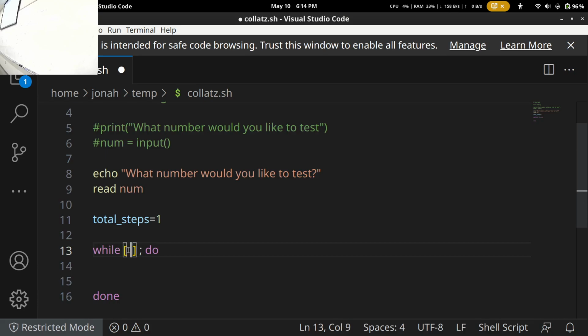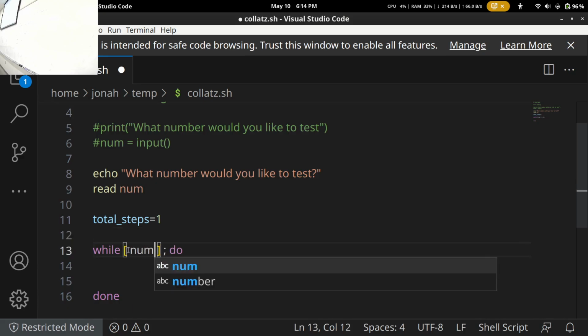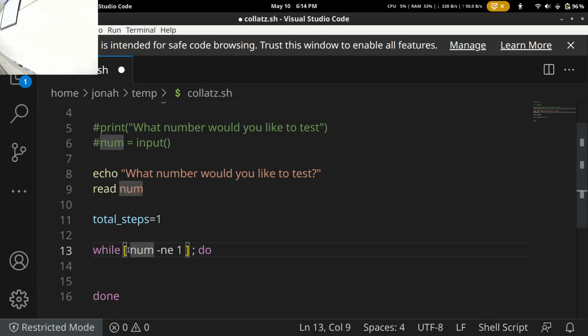So let's say while num, because that's the number that we got from the user, is not equal to 1. One of the other quirks of bash, so you see I typed the word num, that's my variable containing the user's input. If you want to actually get the value out of num, not just the name of it, you'd have to put a $ sign in front of it.